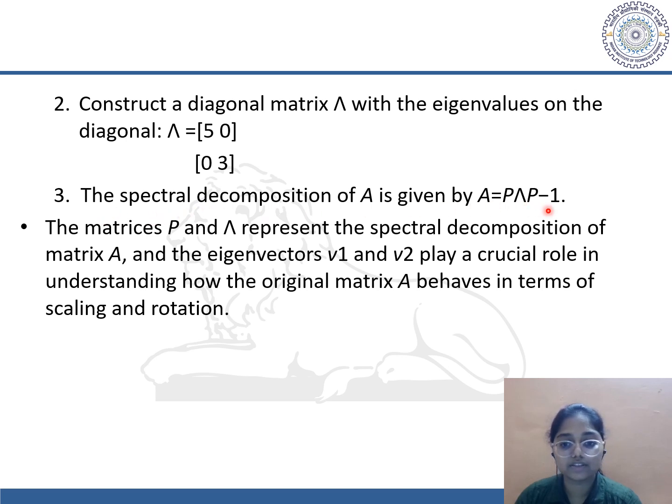The spectral decomposition of A is given by this, and here the matrices P and lambda represent the spectral decomposition of matrix A, and the eigenvectors v1 and v2 play a crucial role in understanding how the original matrix